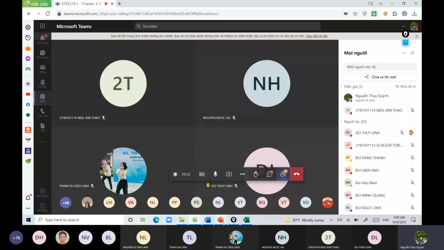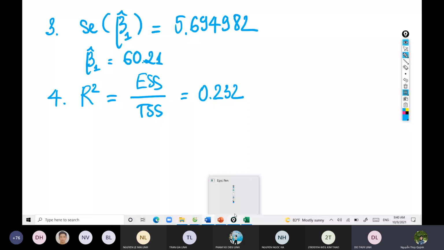So what does the coefficient of determination tell us? I think it's the interpretation of how well the sample regression model fits the observed data. So it suggests that our model can